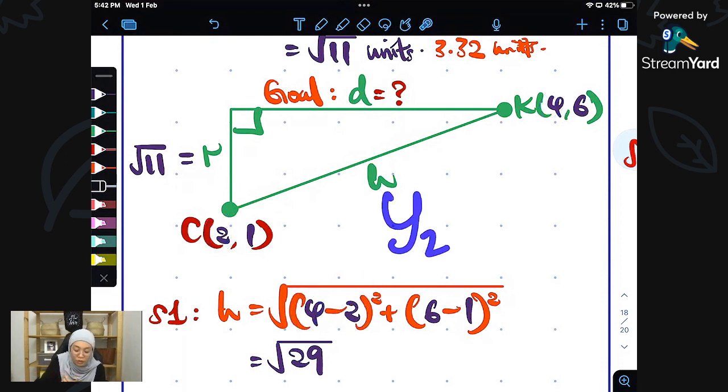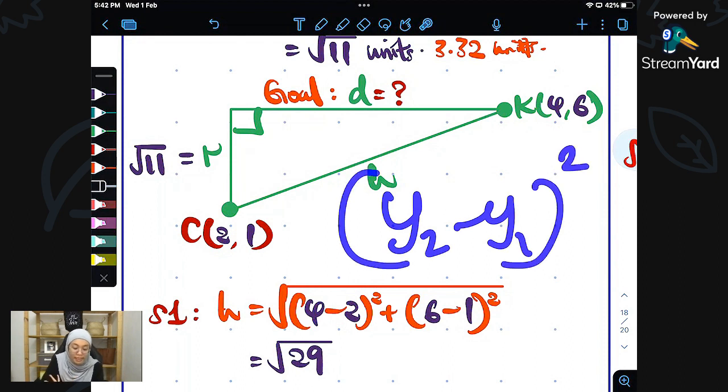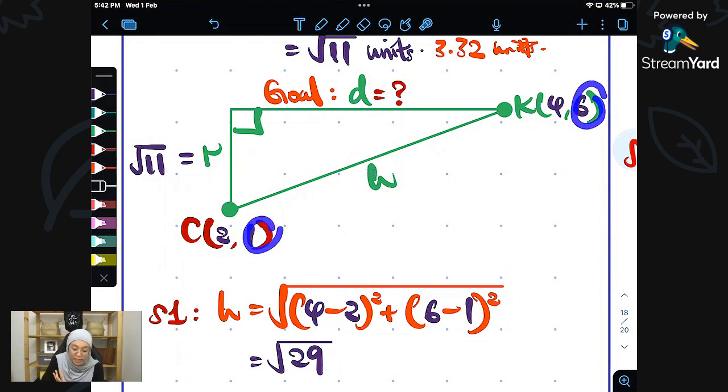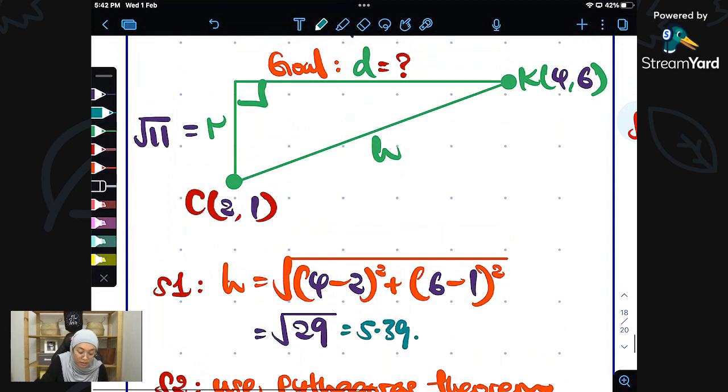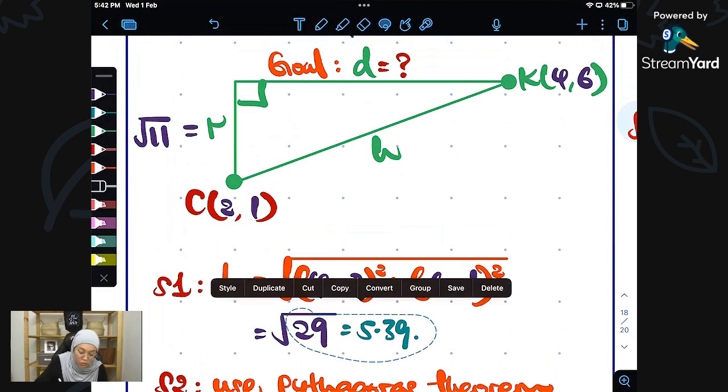And then y2 minus y1, the whole thing squared, which is 6 minus 1, the whole thing squared. I got the square root of 29. So the square root of 29 bernilai 5.39. So here is square root of 29, which is